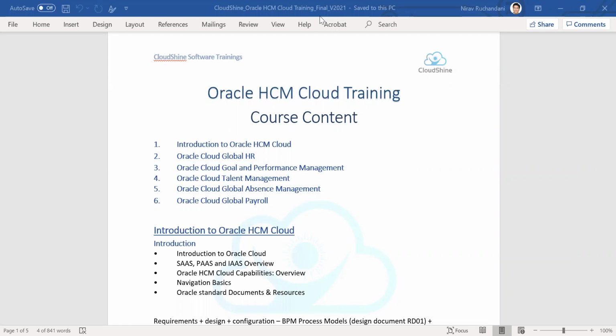Gautami, what are your preferences if at all you choose to enroll in this course? Yeah, Nirav, for me this timing works well. If you are planning in the evening, a similar time like 7 to 8 will work fine, because even my work starts by 9:30 a.m. and before that I need some time to get ready. So 7 to 8 is the best time for me because I'll get at least a 1 hour gap.